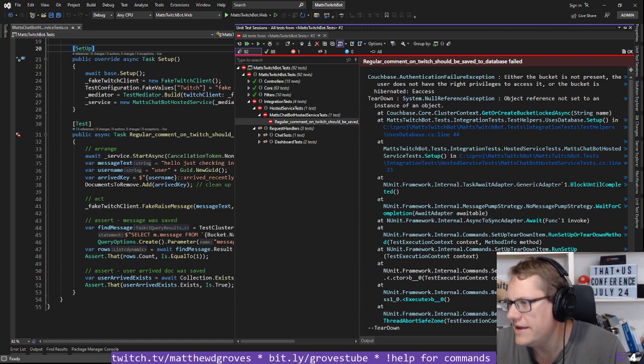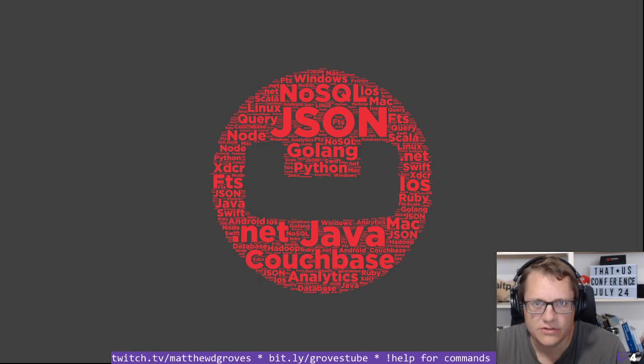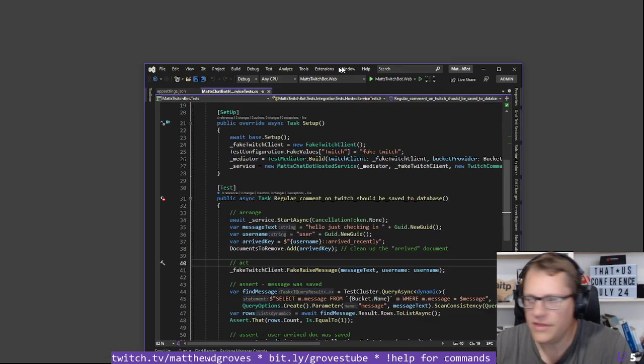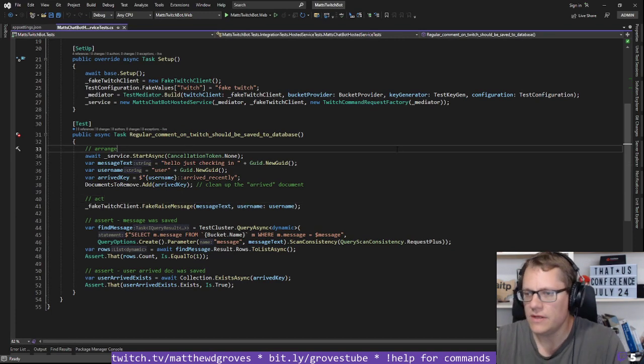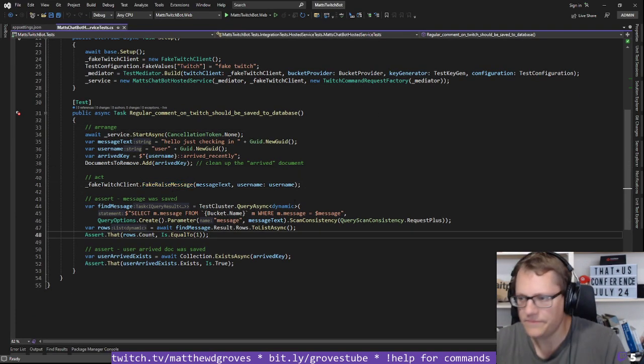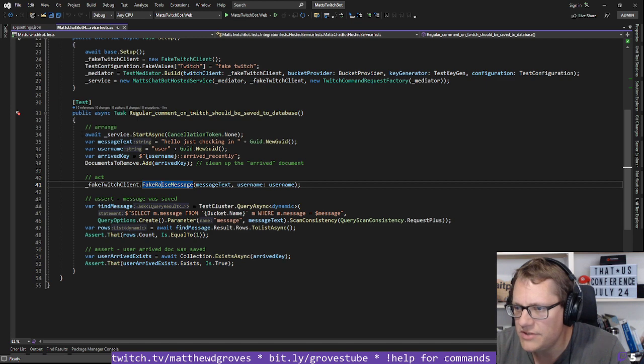Okay, so it's saying it can't find a bucket. Also, there's an authentication failure. Let me just see what those credentials are. I'm in development. Well, those are correct credentials, and there's the correct bucket name. So I think that's fine. It's just something else is broken. So this is basically setting up